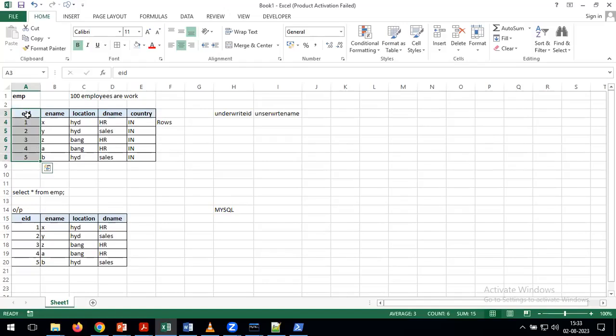So now indirectly, what is the requirement here? In the employee ID column, you don't want to allow the duplicate records. At the same time, in the employee ID column, you don't want to allow the null values. So on the same column, we need to apply 2 types of constraints. One is the unique constraint. At the same time, we need to apply the not null constraint. But